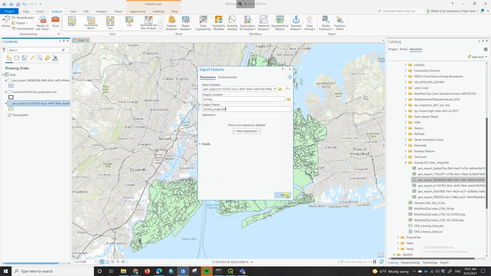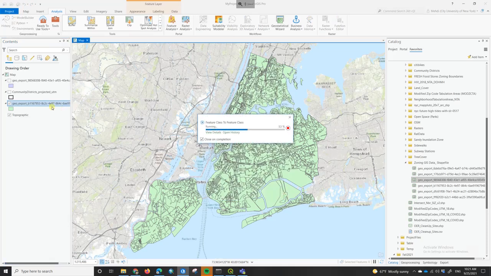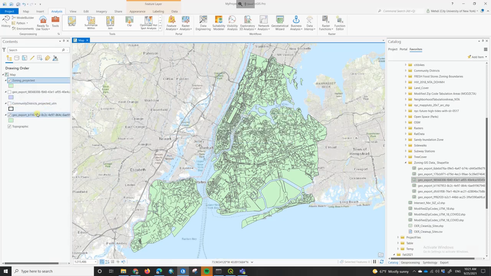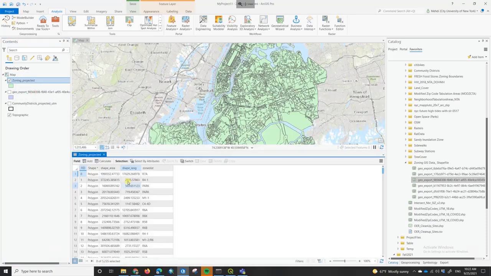I don't exactly know what is the name of this basic layer of zoning. You can find it in the metadata of the layer, and then I'm going to say from the environments, get the projection from the map, and then that's it. We will have a new layer. Here it is. I'm going to remove this one, and in the attribute table, we have a field that